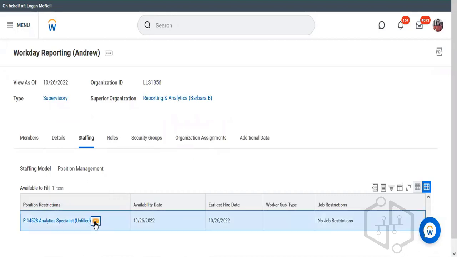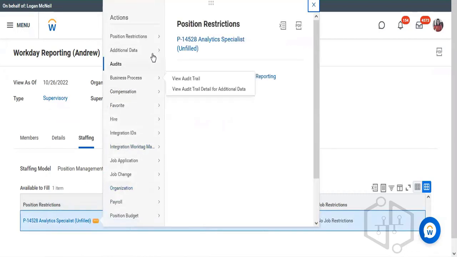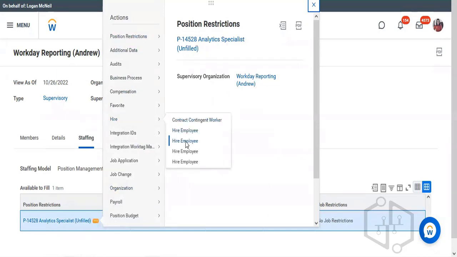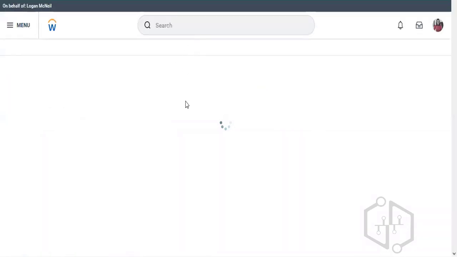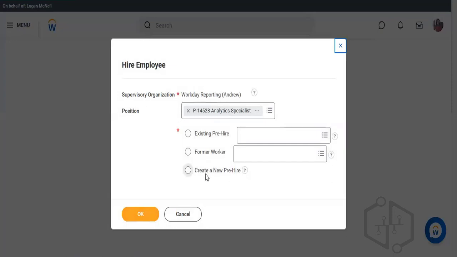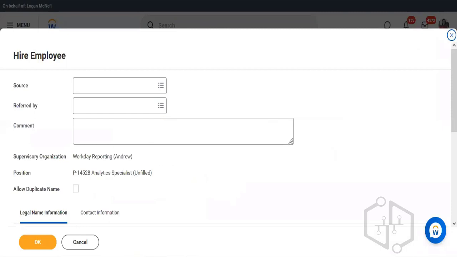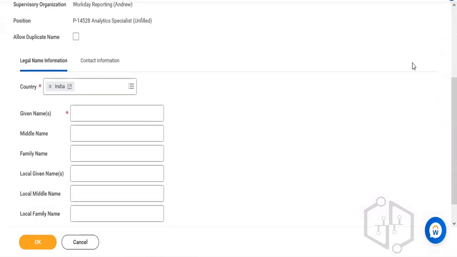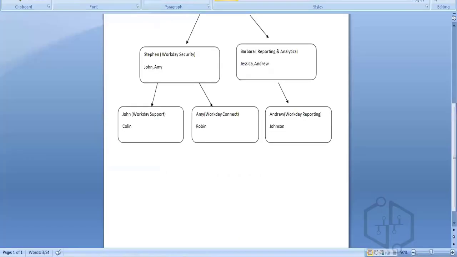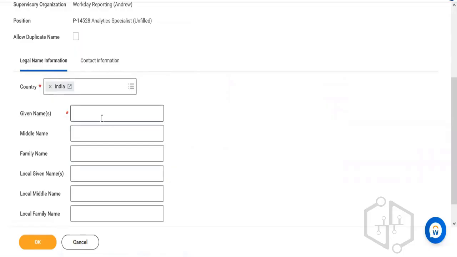Okay. This position is based out of India. And probably here it has some meaning if India comes. But earlier there was no meaning because the location was US and it was populating India, which is not right. The reason is that we know the location was created incorrectly. Okay. So